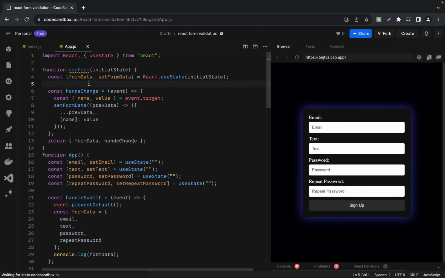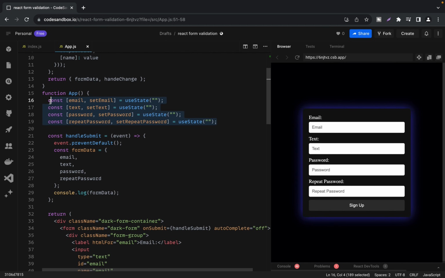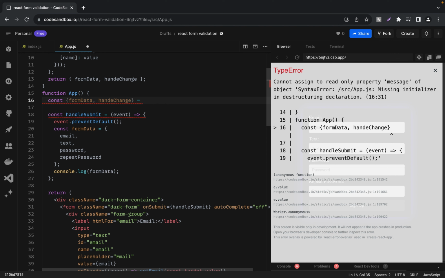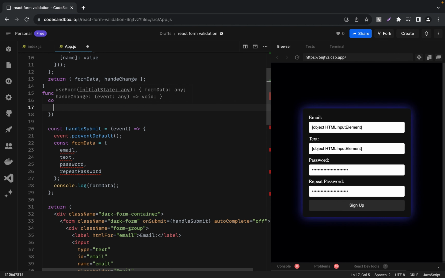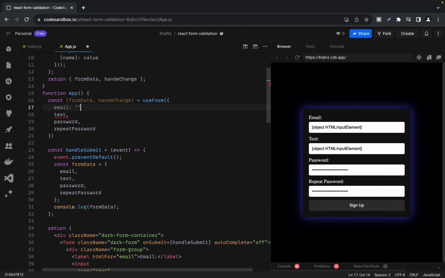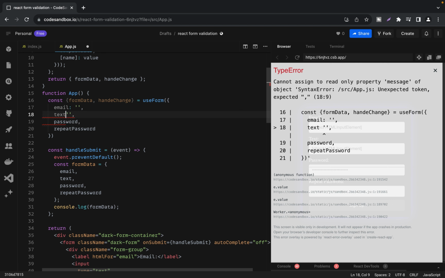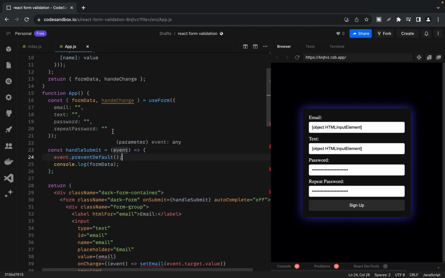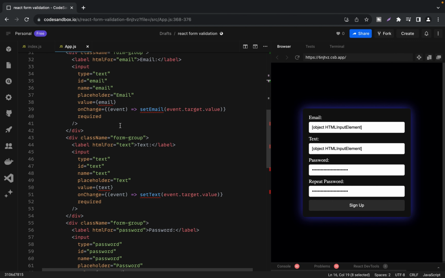Now let's substitute the state in our components with our custom hook. This hook returns formData and handleChange. Additionally, we need to provide initial state for our fields, where all values are initially set to empty strings. So let's add an empty string for email, JS, password, and repeat password. So let's finish it. And now we can delete formData from handleSubmit function because we created formData in our useForm